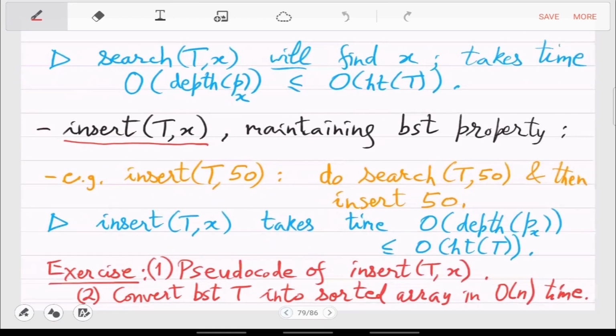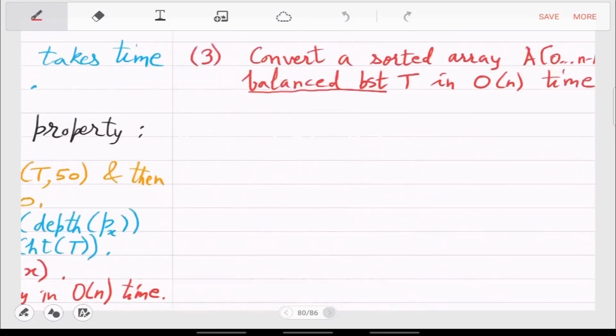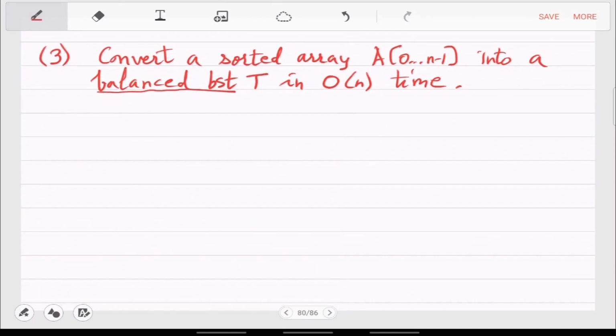And number 2 is the opposite. It's actually similar. In fact, number 2 is slightly harder. So you have to think about this recursive function and give the pseudocode. Okay, so try these things. These are very short pseudocodes. Yeah, so I can just give a hint for 2.